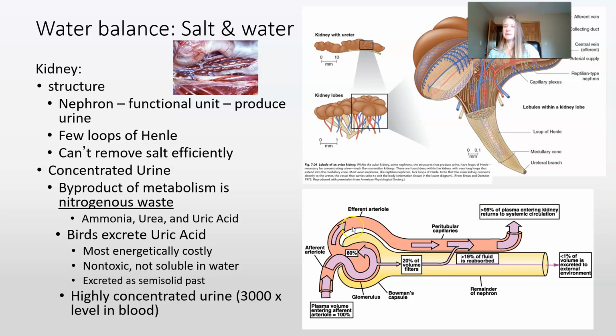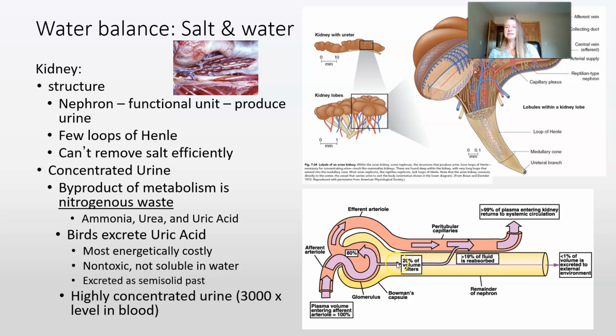So we're going to start down at the bottom figure. So you have an arteriole, so your plasma or all your blood volume is coming through these arterioles, the capillary networks, and you're going to end up creating this filtrate. So about 20% of the volume filters into the nephron, okay? Things that can't go through it, like your red blood cells, different things that just aren't permeable, can't move through this. So about 80% is going to stay in this efferent arteriole. So again, leaving this area.